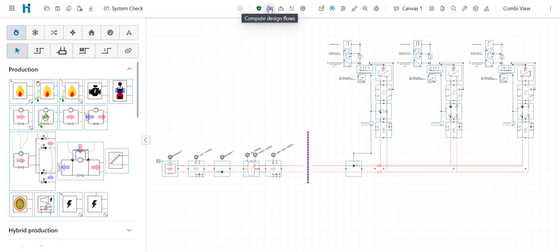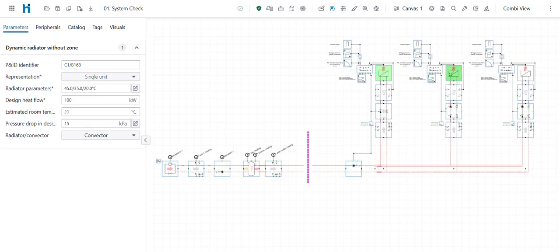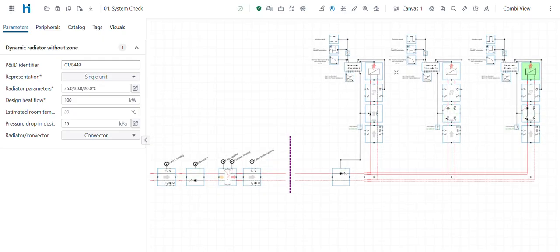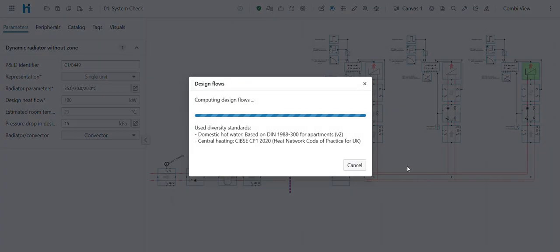The second calculation step is computing the design flows. This is when the powers and temperature regimes are propagated back from the end units back to the production units. In this case, we have 3 end units, each of 100 kilowatts, but on different temperature regimes. If I compute my design flows,